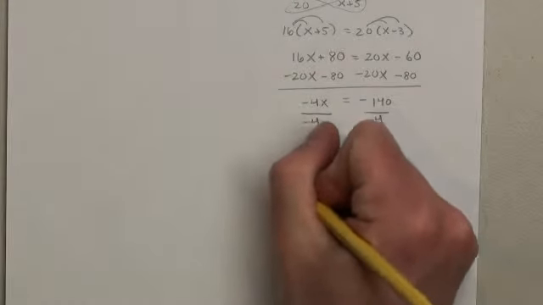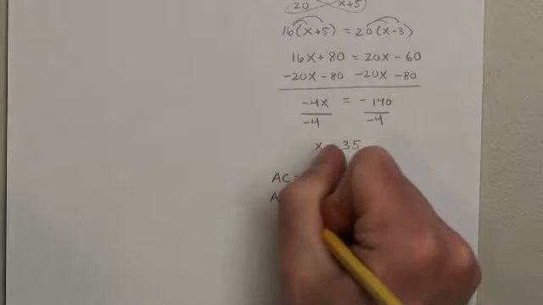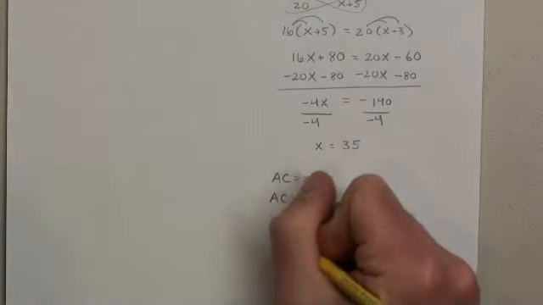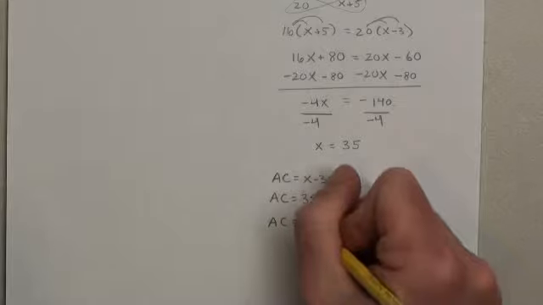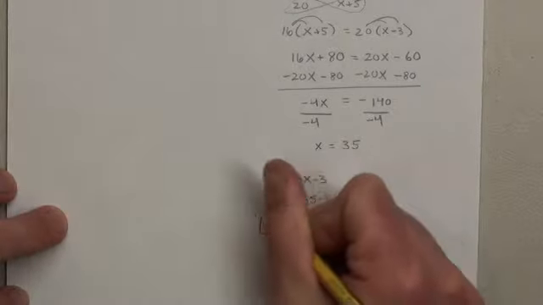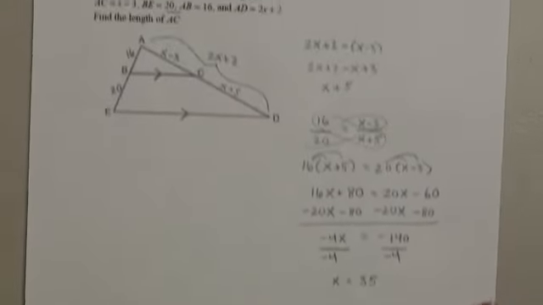So the length of AC equals x minus 3. So the length of AC equals 35 minus 3. So the length of AC equals 32. When we're talking about the length of a segment, we don't need to put the segment line on top. When you're talking about the length of a segment, you can just write the two letters in. And that's it for number 191. So the next one,